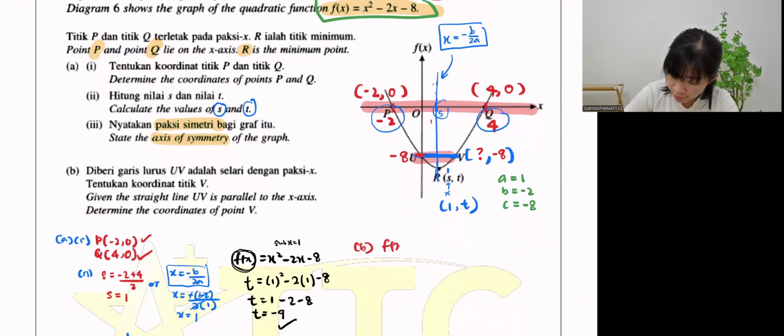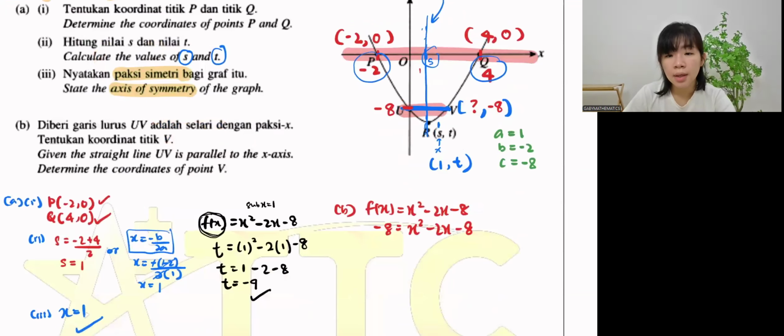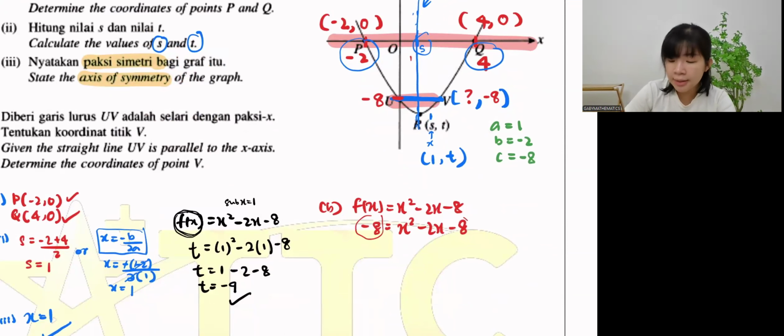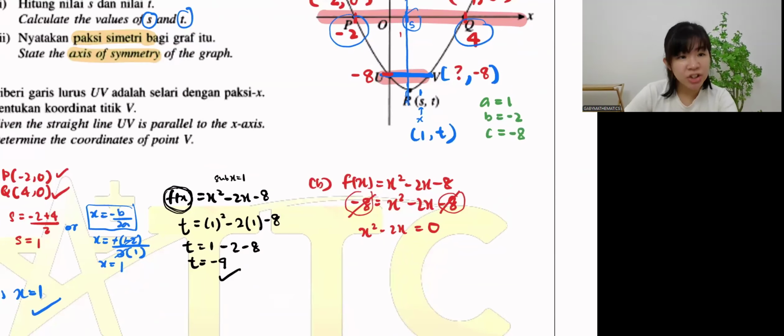So our function f(x) equals x squared minus 2x minus 8. This is the question. I know that y is -8, so f(x) is -8. Now I need to find x. You see, left hand side -8, right hand side also -8, so here it becomes 0. x squared minus 2x equals 0. So what are x1 and x2? Is this in general form already? You see, x squared, x, equals 0. Yes. Now you can open two brackets equals 0, for x1 and x2.